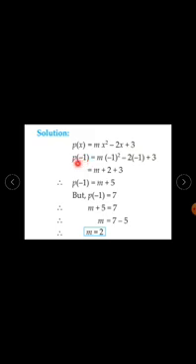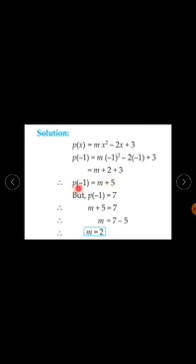And P of minus 1 equals 7 is also given, which means put x equal to minus 1 here. So P of minus 1 equals m into minus 1 square, minus 2 into minus 1, plus 3. The square of a negative number is positive, so m into 1 is m. Minus minus plus, 2 into 1 is 2, plus 3. So P of minus 1 equals m plus 2 plus 3. Therefore P of minus 1 equals m plus 5, since 2 plus 3 is 5.